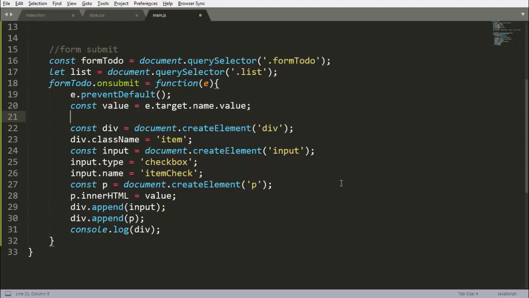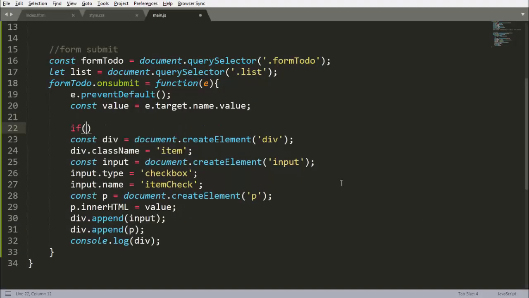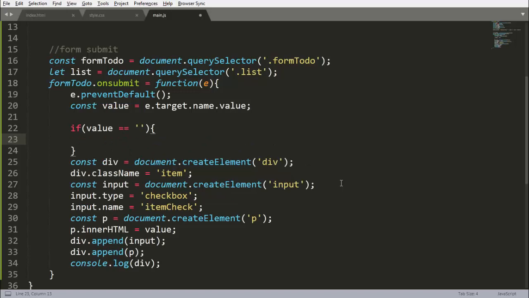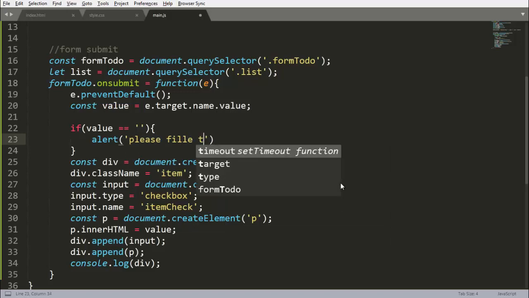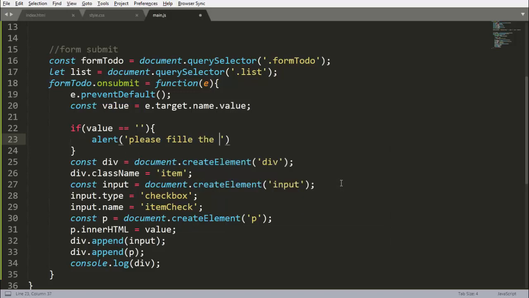For that, simply write an if condition: if value is equals to nothing, alert, please fill the text here.